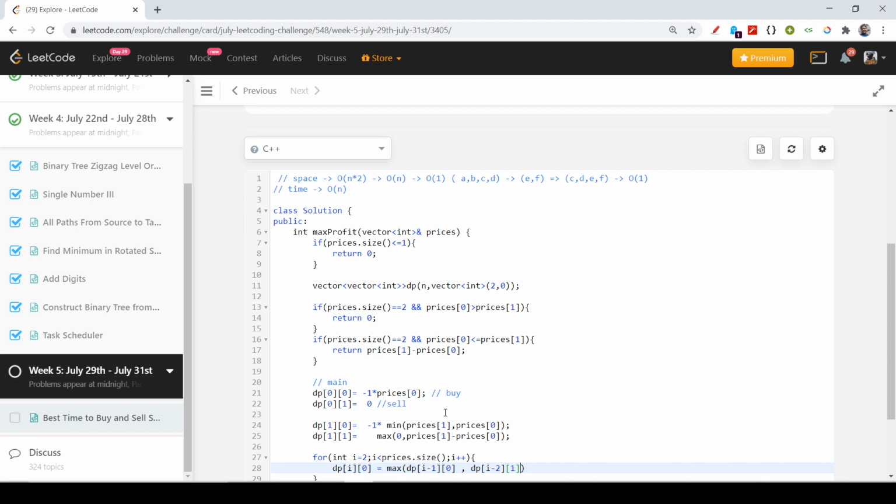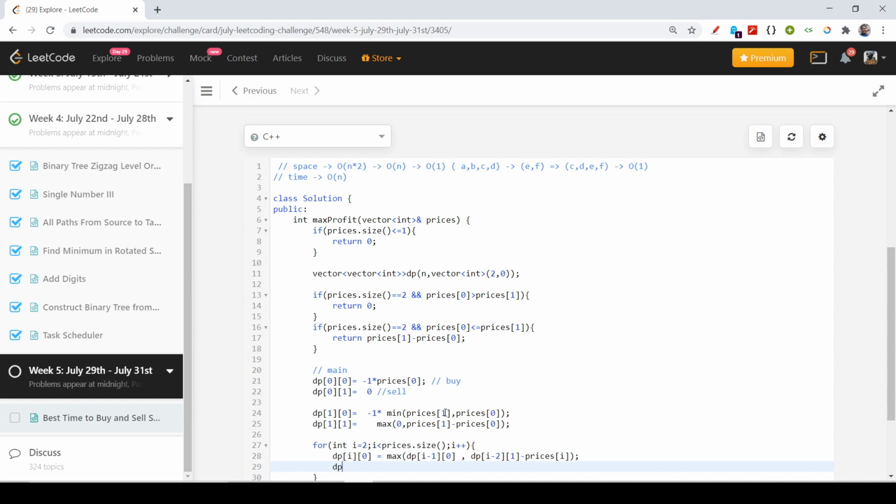Now the money I obtained is the money by selling. Now I need to spend the amount of money called prices of i here. Right, cool. So I spent this amount of money, prices of i. Now the other big state, dp of i comma 1, would be the maximum of the same, if I am not doing any transaction here, dp of i minus 1 comma 1, right?